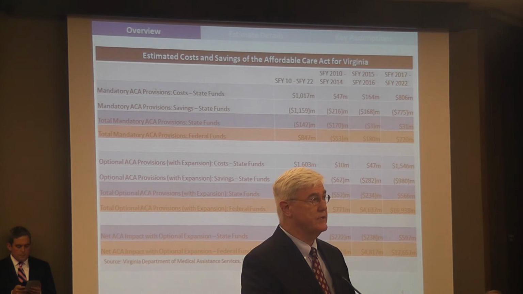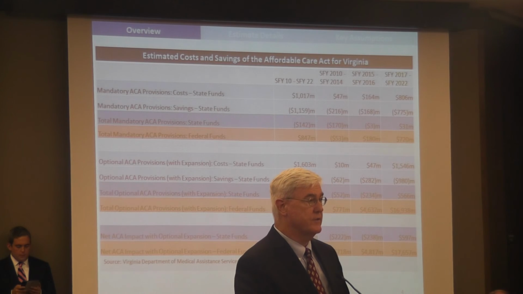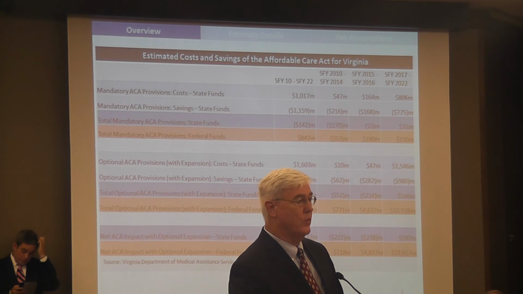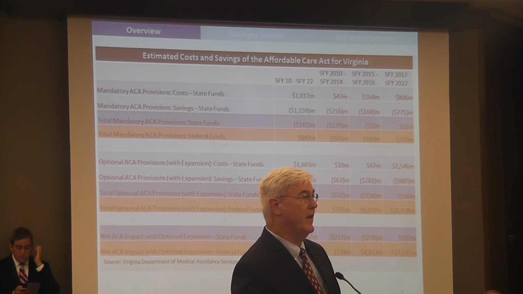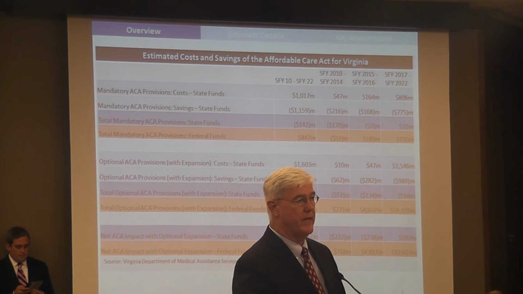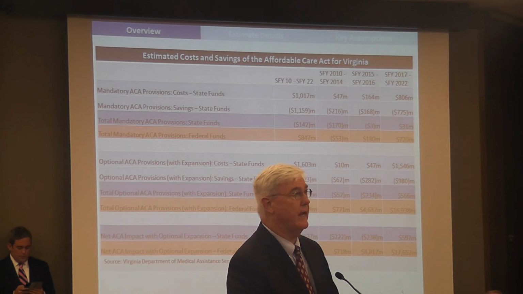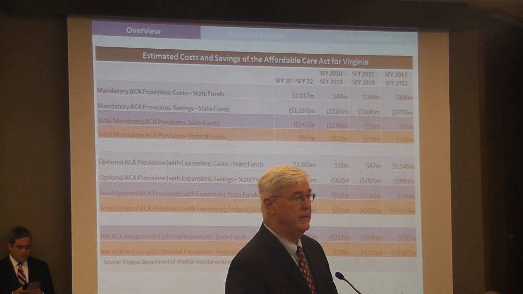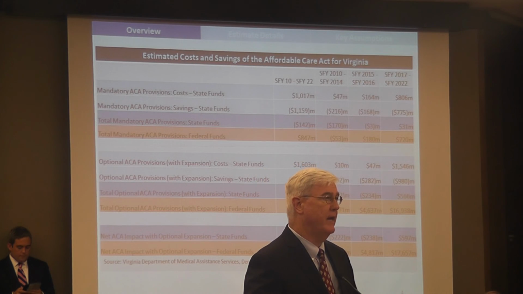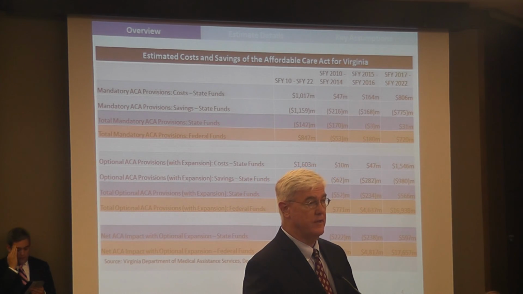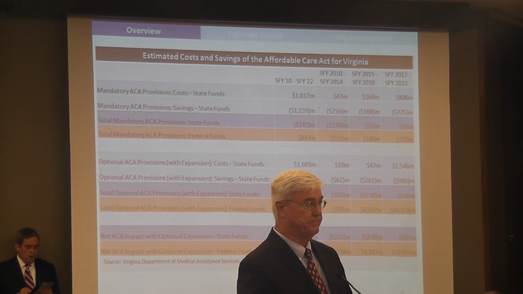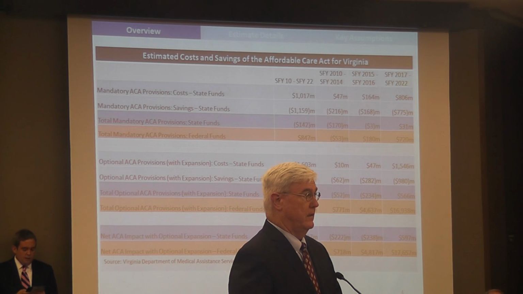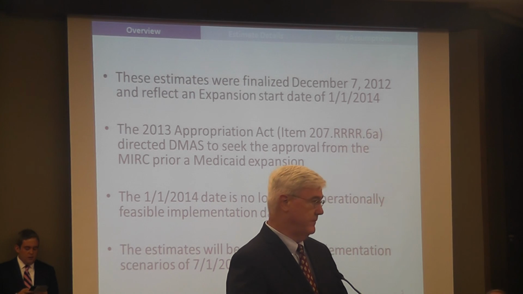The third column, or the second column of the breakdown, is the upcoming biennium. This is the first time period for which there is a decision that could be made. And the third column is the remainder of the run out. The reason we ran it out to 2022 is that the ACA has a phasing period, and that phasing period ends during the biennium that ends with state fiscal 2022. Now, before we go into